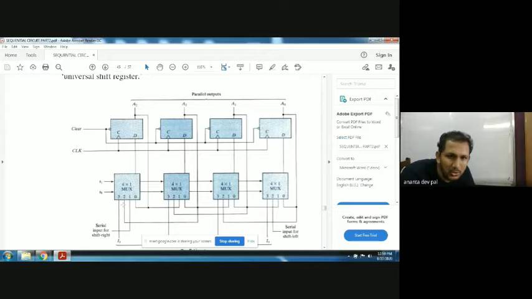And input 2 is forwarded to the output as well, along with the 0 connection. Input 2 is forwarded to the output of every flip flop: to the next output of A2, then A1, then A0. In this way the outputs are connected, and there is one remaining. The first one is used for serial input for right shift, and this 2 is used for serial input for shift left. So this is a complex concept.